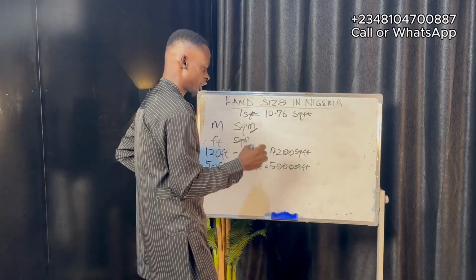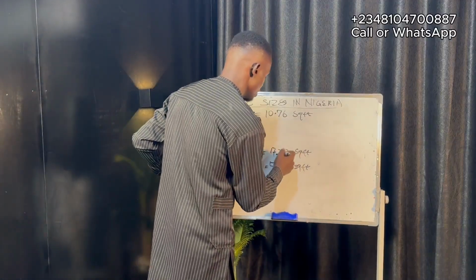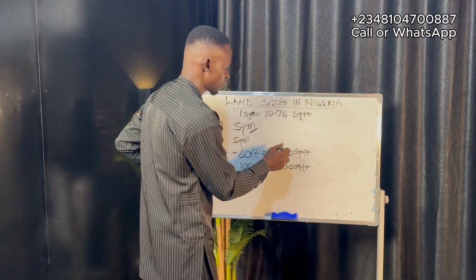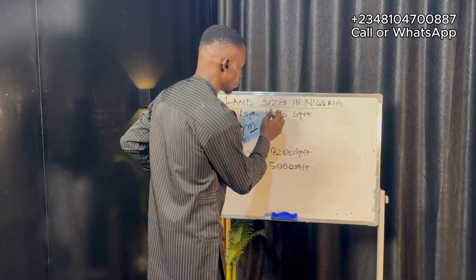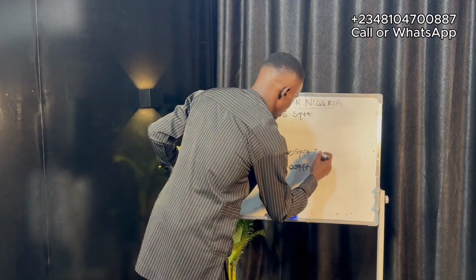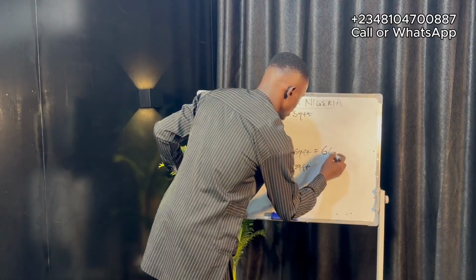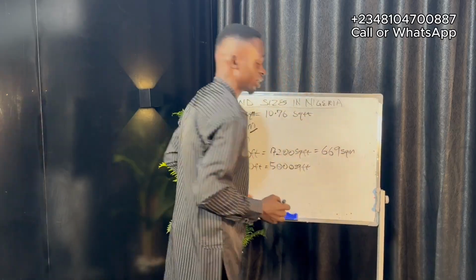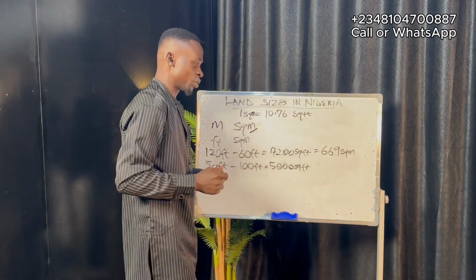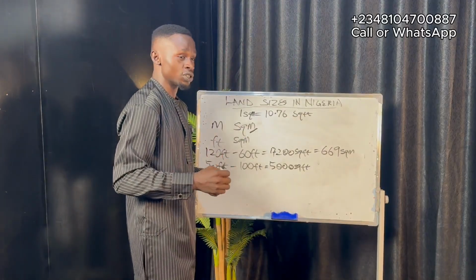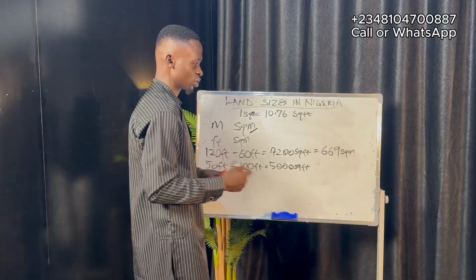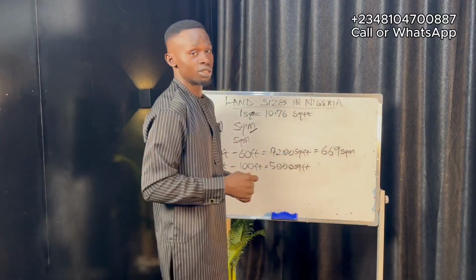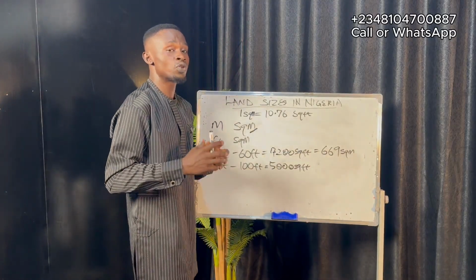So for square meter, when we convert this 7,200 by dividing by 10.76, you should be getting around 669 square meter. This is what you're going to get. So this is why most of the time when you buy properties in Lagos, if you ever bought properties in Lagos, you see something around this 669 square meter, because that's what they consider as full plot in